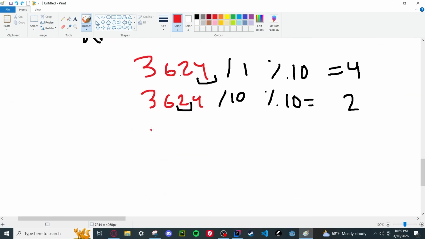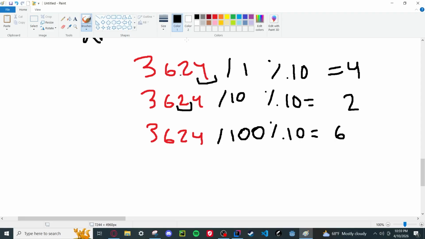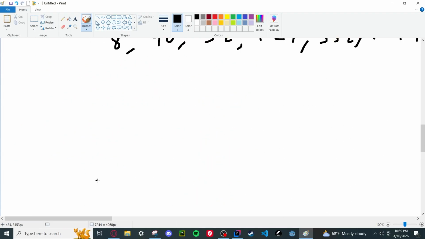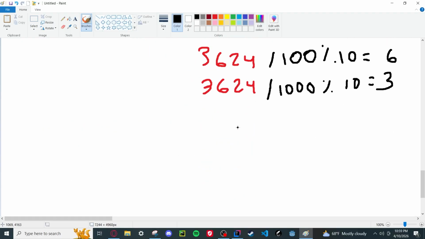Let's keep on going. Let's do 3624 divided by 100. 100 modulo 10 is going to give us 6. And lastly, if we do it for 1,000, so 3624 divided by 1,000 modulo 10 is equal to 3. So you can see how this is going to be giving us each of the values that we want for our different buckets. If it is something like 8, let's say we're looking at 8 at the tens instance,